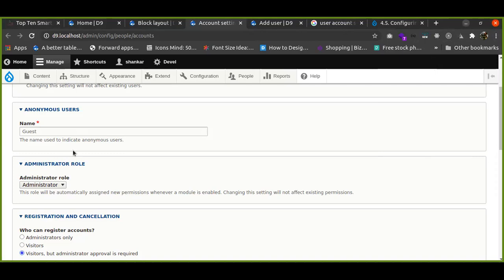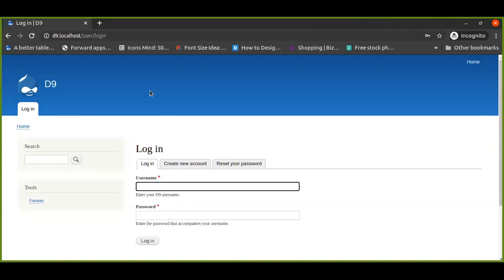Incognito mode. Okay, let me share. Okay, so this is the incognito mode.